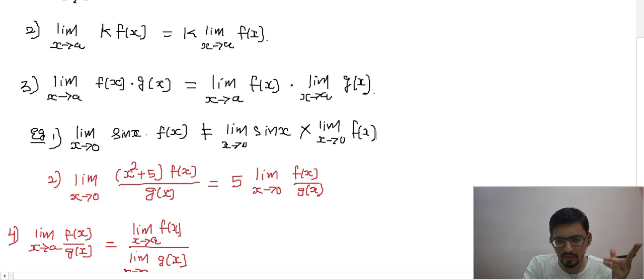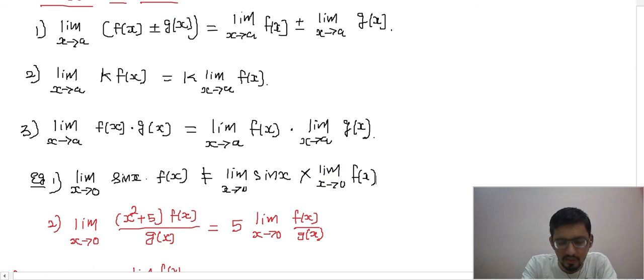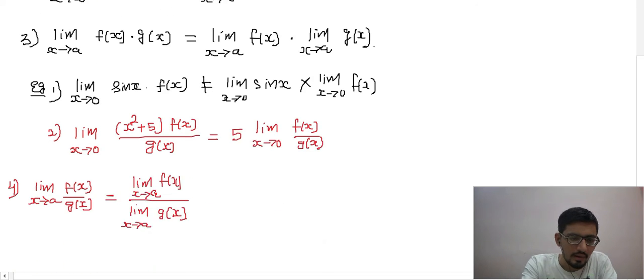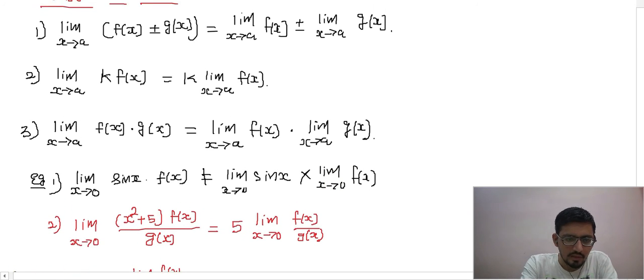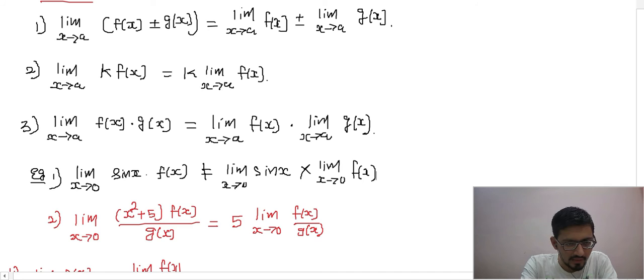Okay, two kinds of form are there, determinate and indeterminate form. Indeterminate form means whose value cannot be determined. More about indeterminate form you will study in the entrance portion of these limits. For that also a separate video I will upload soon. And apart from these 4 rules, many extra rules are also coming, like how to evaluate a limit of composition of two functions. For that also there is a set of rules and regulations that we will study in the entrance portion. I hope this is clear. So as for now, these 4 fundamental rules you have to keep in mind.